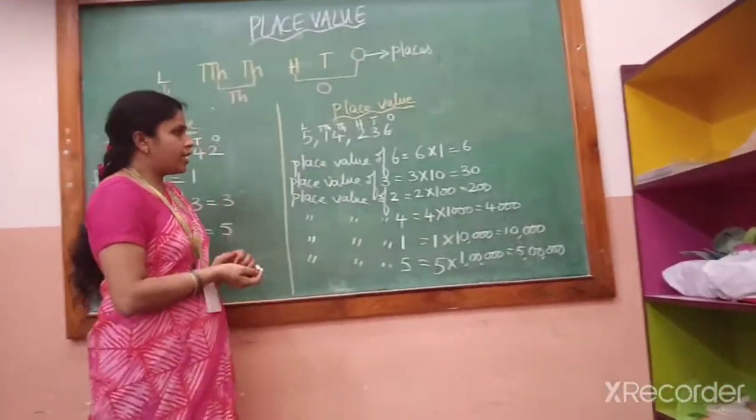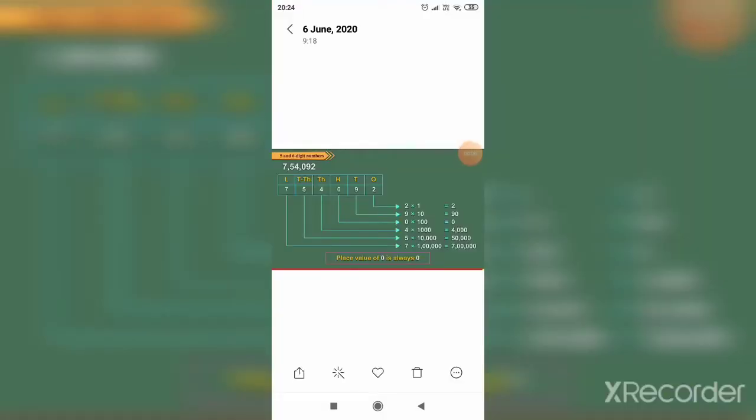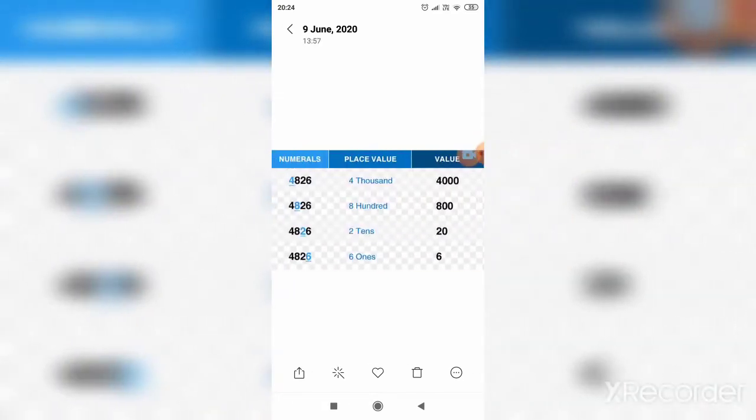Okay children, understood? You can see one more example of place values up to lakhs, and one more example given on the slide. You can go through how to write the place values in words and figures.